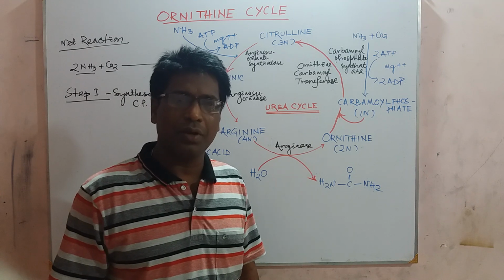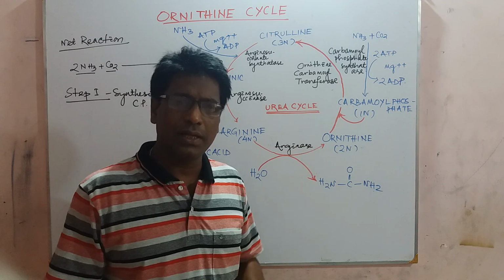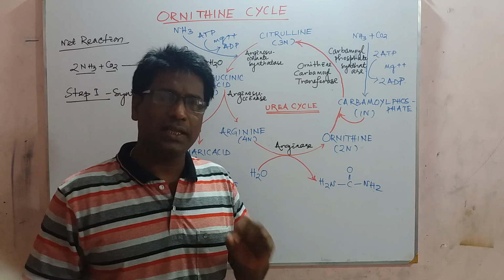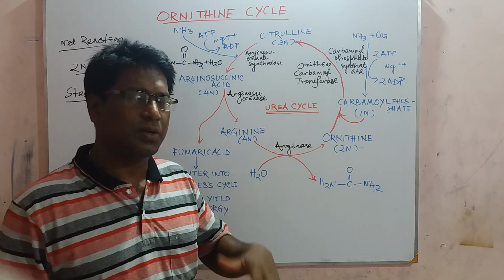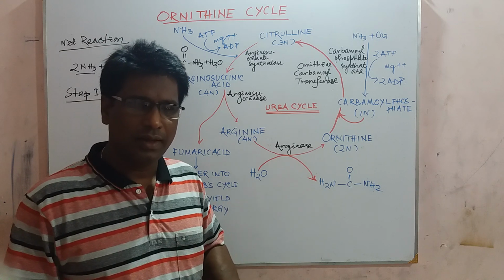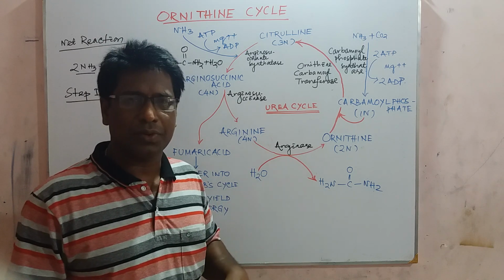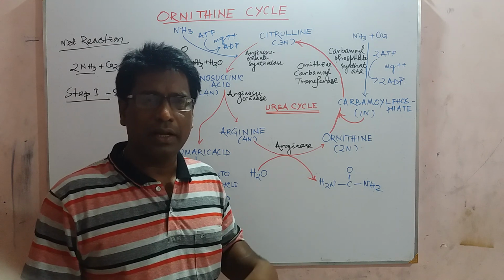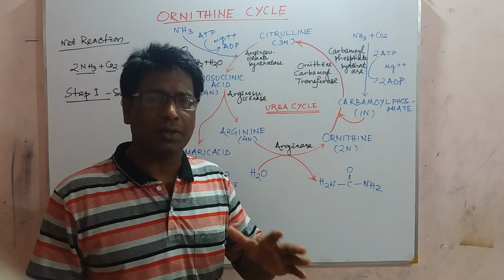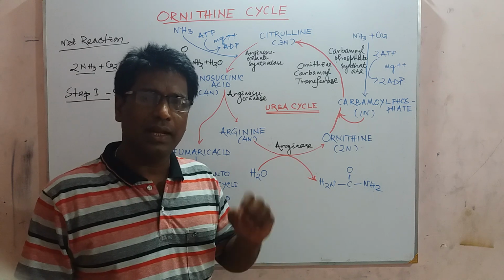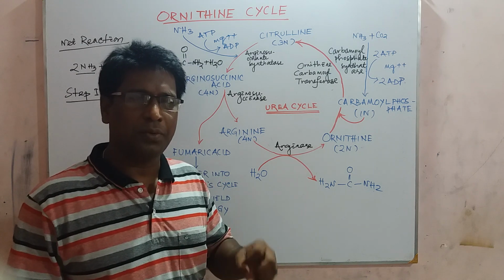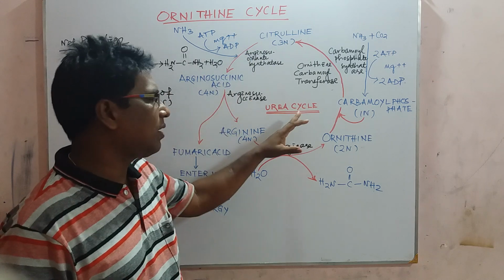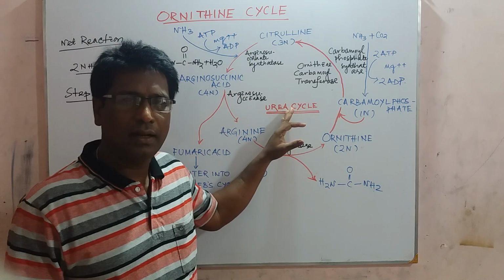In case of ureotelic animals, the chief eliminated nitrogenous waste is urea, which is less toxic in comparison to that of ammonia. During the deamination process, ammonia is formed in our body, but it gets converted into less toxic urea in the liver by a process called the ornithine cycle or urea cycle.